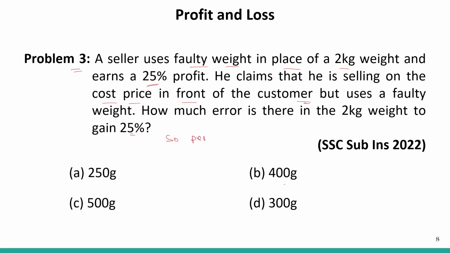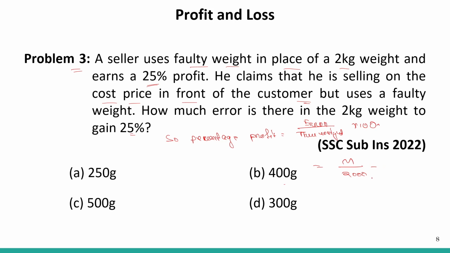So percentage profit is equal to what? Error by true weight into 100, right? So if the error is m gram, then this is m by 2000